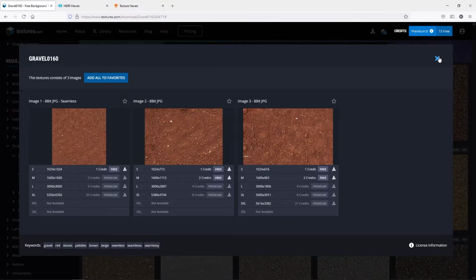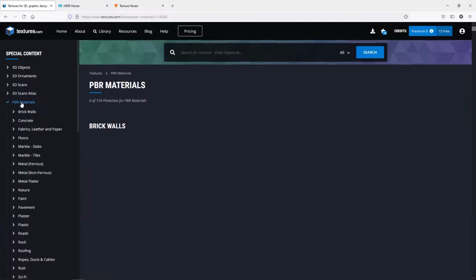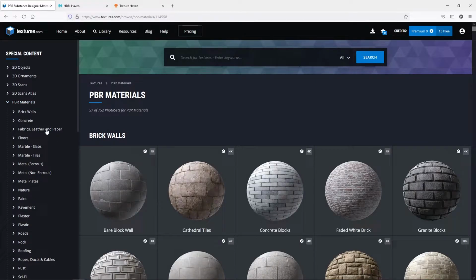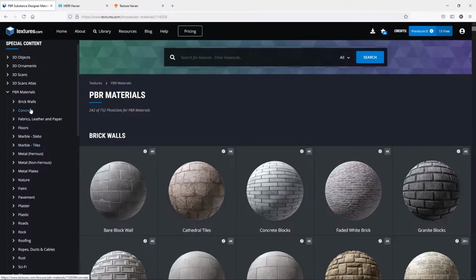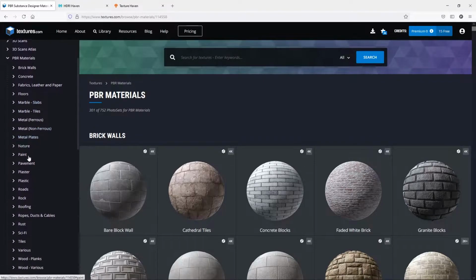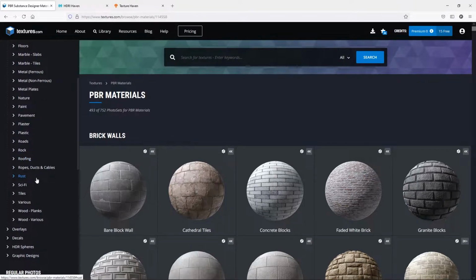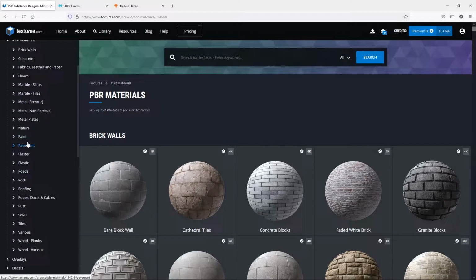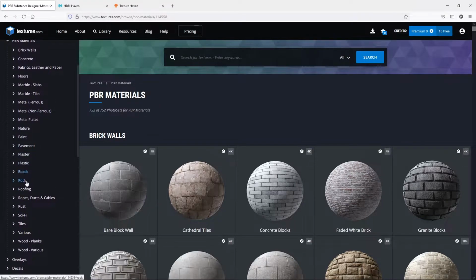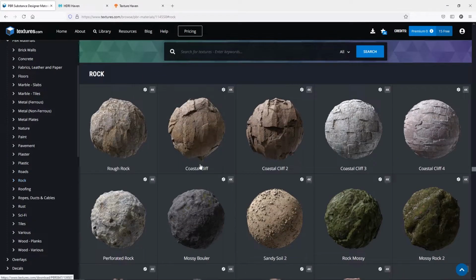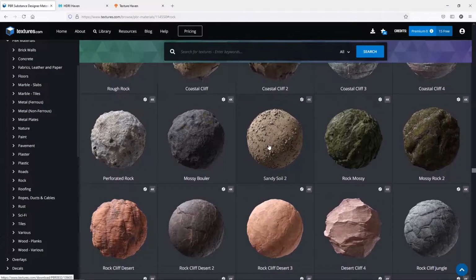Basically what we want to use is something called a PBR. The difference with PBR materials is, let me find ground again. Is there a ground one on here? Floors, plaster, plastic, roads. What am I looking for here? Rock. I don't know, maybe rock. All right, so similar to what we had before, it's like the sandy soil. If I click on this,